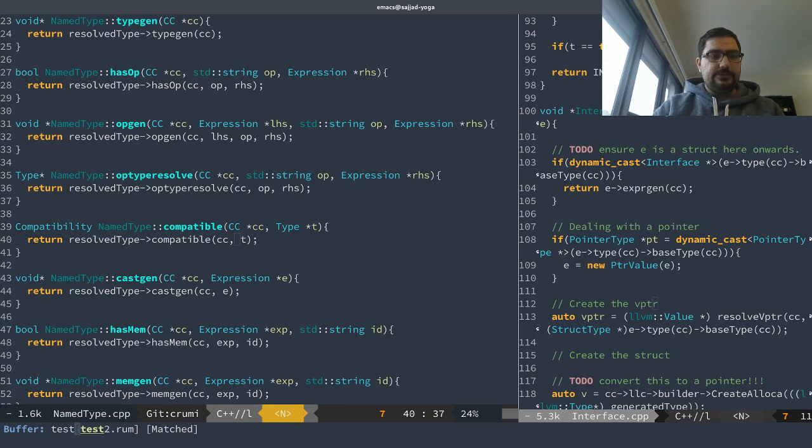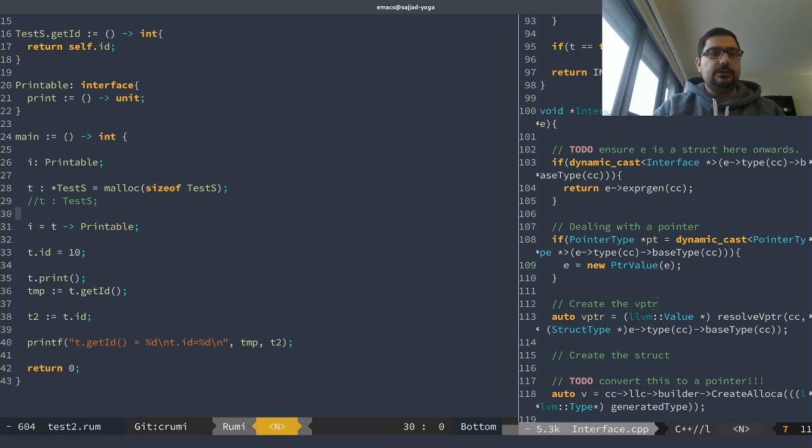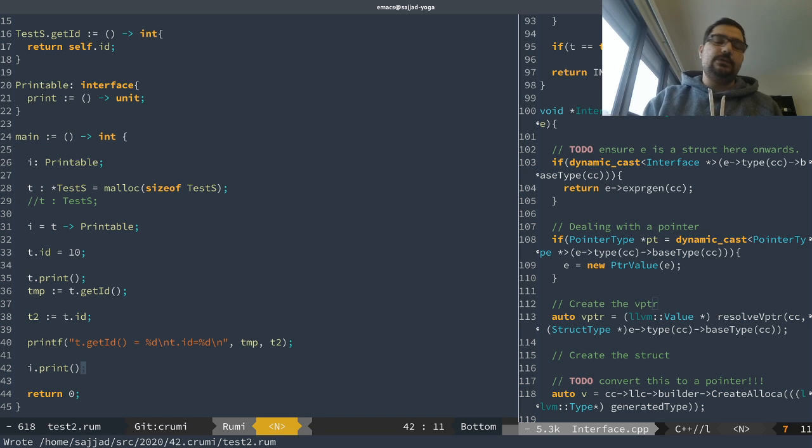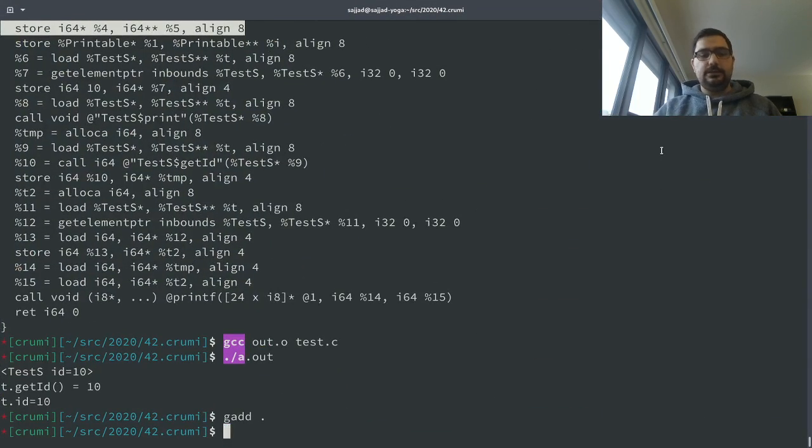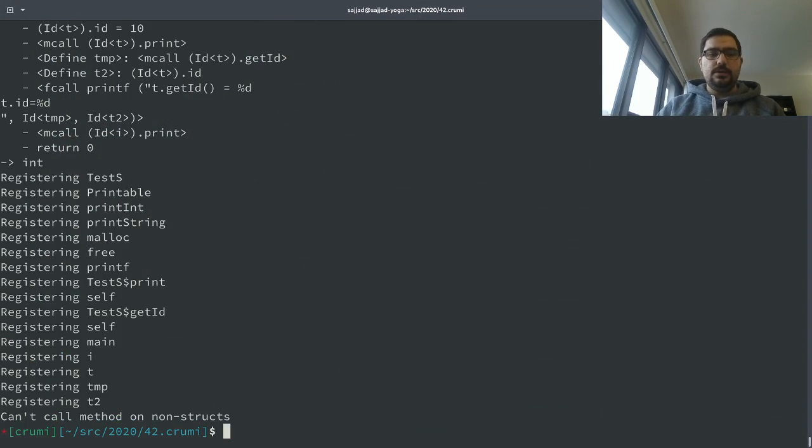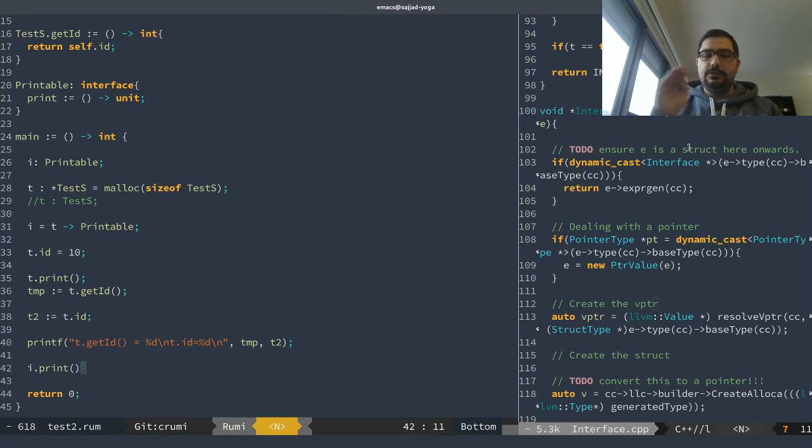Now in our test function, we have to call something on the interface, and I think the best thing to do would be to just call the print function. I mean, the only thing that we can do is calling the print function, right? We can't really do anything else. Right. So how does that work? It's going to complain that can't call method on non-struct, but we know this is a struct. So